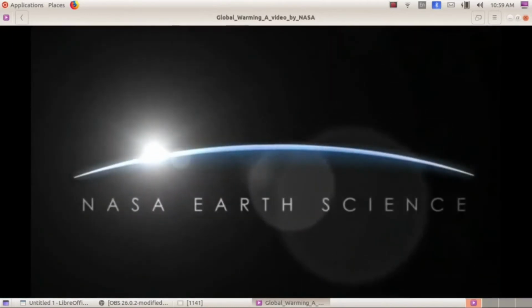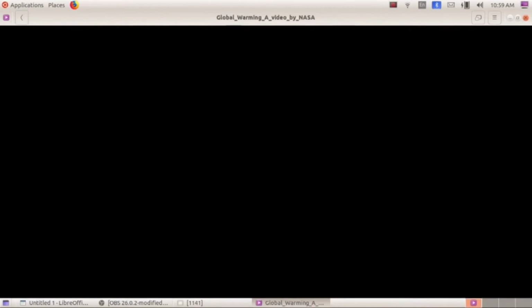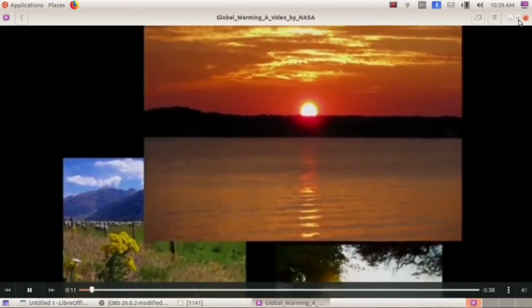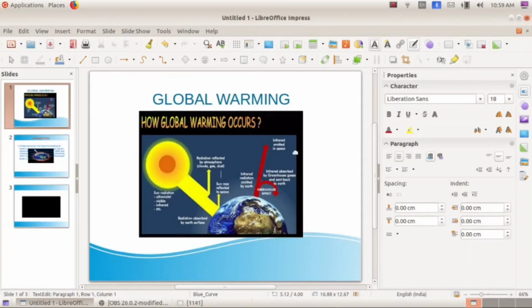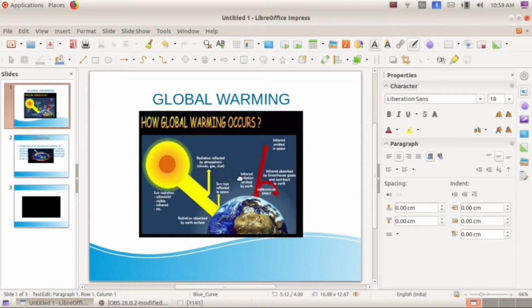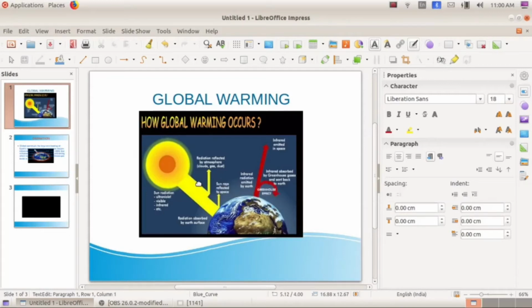See, if you double click on that picture, since we have provided the interaction, you can see the video. The video will be played. If you selected a picture, you can view that picture. So this is meant by interaction. If you move your mouse cursor, you can see the path of that selected file. In order to view that, double click on this picture, so that you can see either that video or a picture. We can give interaction to any slides.